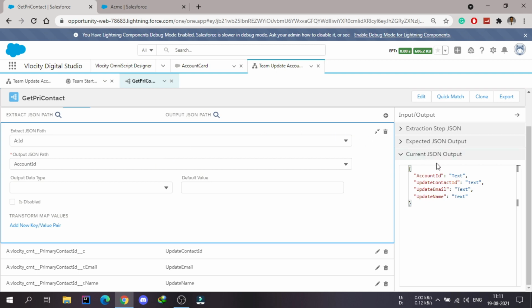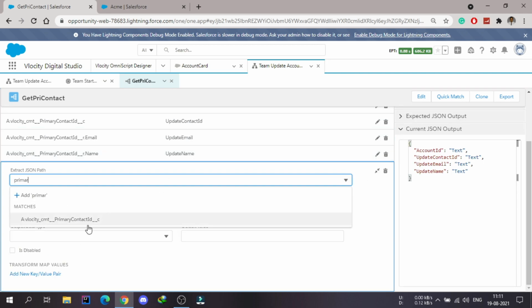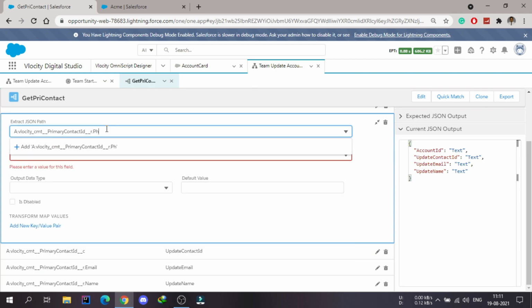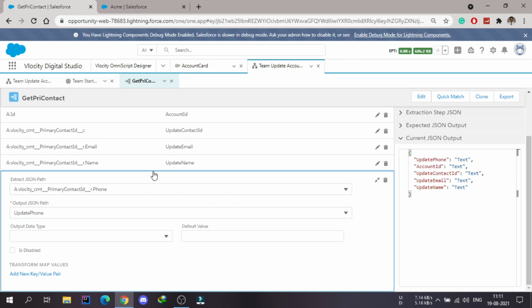Alright, so we have extracted the account ID, the updated contact ID, the email and name. Let's extract the phone also. Okay, so this one is done.